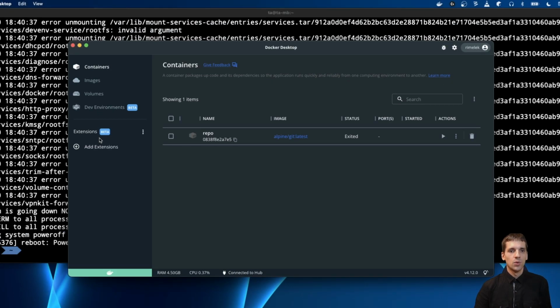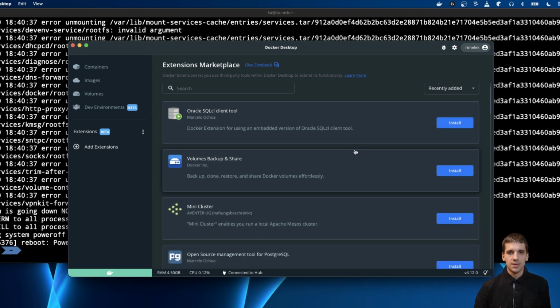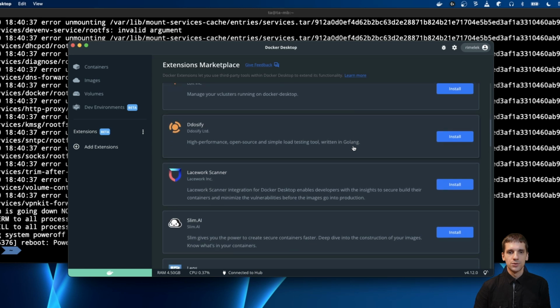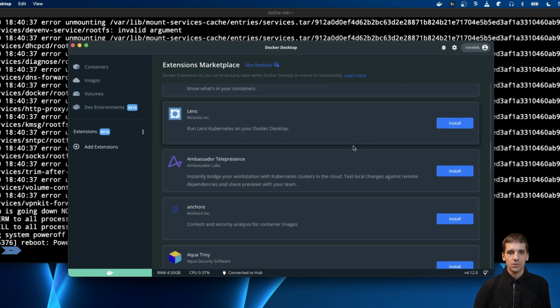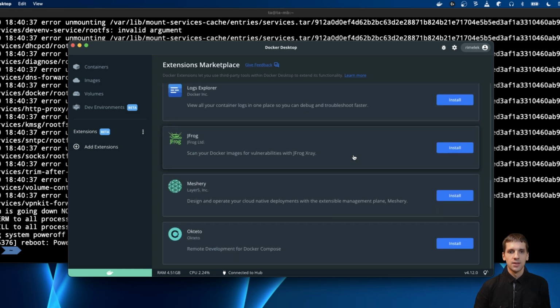Here you can go to the add extensions and add the extensions that you like. Let's install some of the extensions. For example, I want to use this volumes backup and share extension. I also want to use, for example, this usage extension. Yes, I need this. I also want to install JFrog,